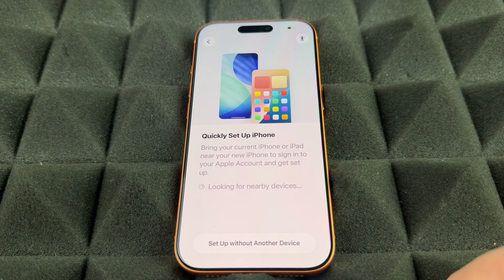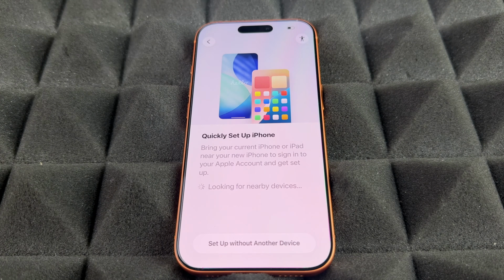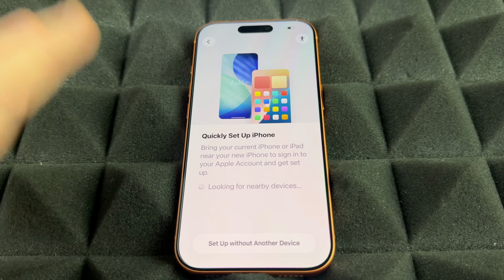So we're gonna configure. And from here, quick setup. So this is if you guys had an iPhone, maybe even you had an iPad before, you guys can use this. Because this way, it's gonna connect to your internet just easier, faster, and then you guys can just transfer your information. That said, I have a different video that teaches you how to transfer information from your old device to your new device. Right now, what we're gonna do in this case is not do that,